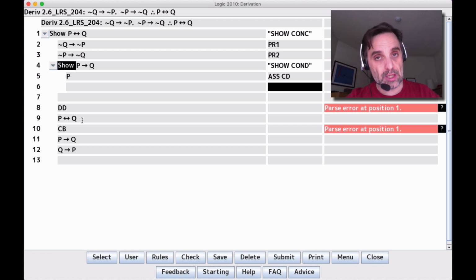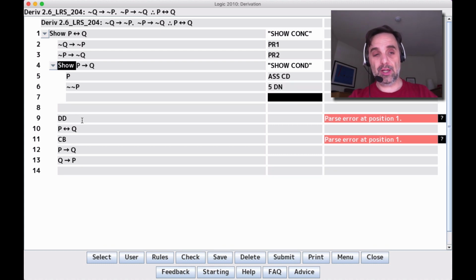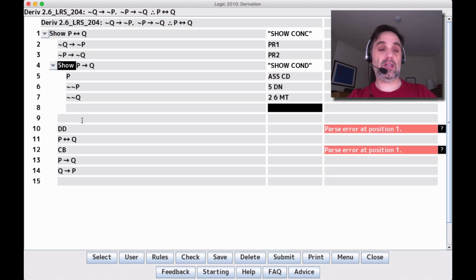Okay, we don't have negation P, we only have P, but we can apply double negation, the rule, and we'll get negation P. And we can apply now MT to line 2 and 6, because 6 is the negation of the consequent of line 2, which gives us the negation of the antecedent, negation Q. What should we do with that? Well, we're trying to show if P then Q,